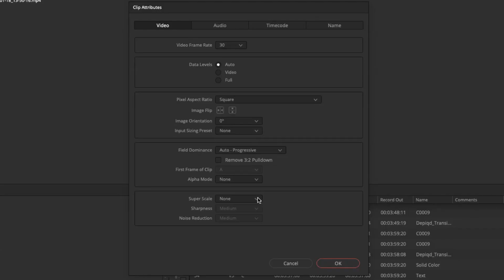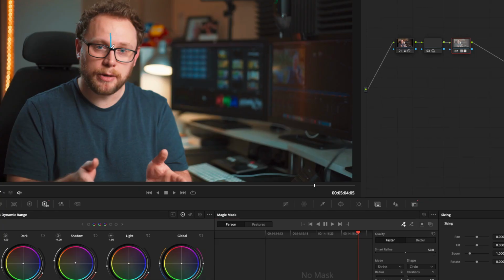Believe me, that is super helpful when you're working on a long form documentary or a wedding or something where you've got tons of interviews and you need to get through all of these people. It also enables us to super scale, which up-reses your older sources to 4 and 8K footage. It's also helping with smoother warp speed changes, high quality deinterlacing, the incredible magic mask feature, which is new in